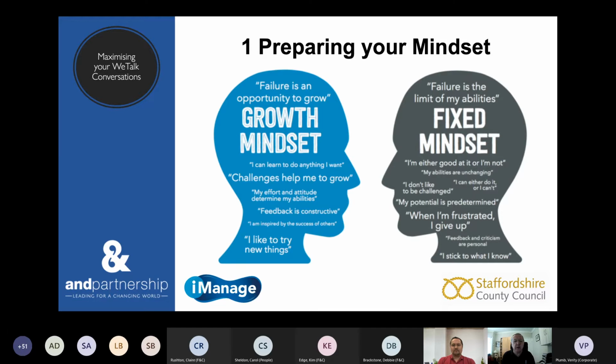So think about your mindset when you go in there. Are you thinking this person has got more potential than they're using, or are you going in there thinking this person's reached their level, they can't do any more? Because whatever you think is true probably will come true is part of the research around this. If you think somebody has got limited abilities, then they probably will have those limited abilities. So it's about that. How can I get the best out of people?